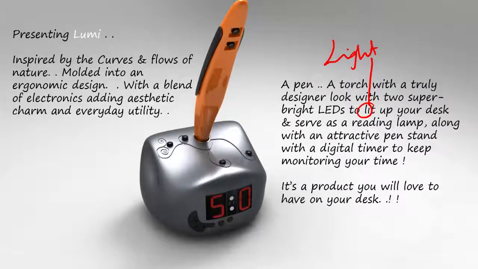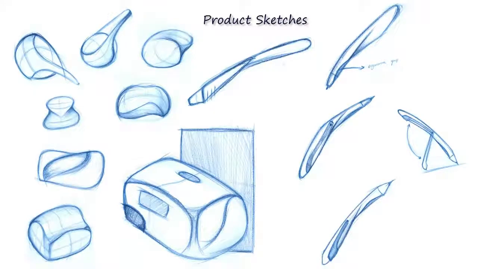And then even if you see the name Lumi, Lumi has two parts to it. One is saying it illuminates, another is it enlightens you. Eventually you will become a luminary. The whole thing has been played on it, and then it is aesthetic. And then you see several series of buttons, and there is a timer and all that. So probably in the succeeding slides they have explained what would be the thing.